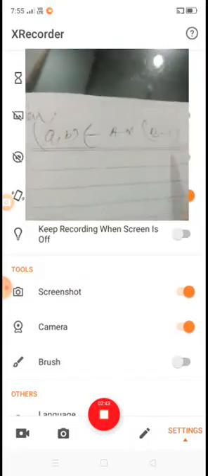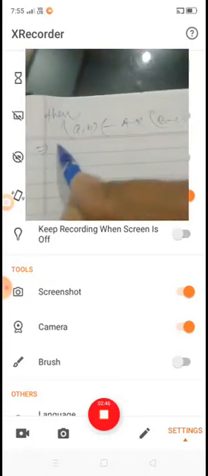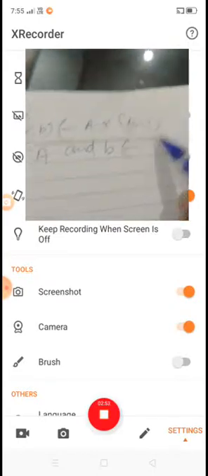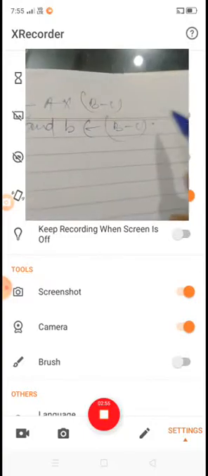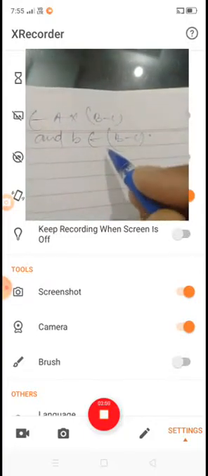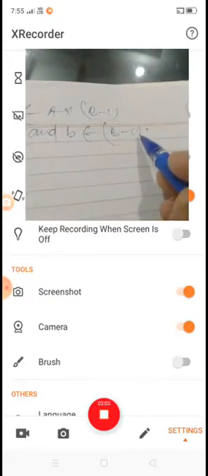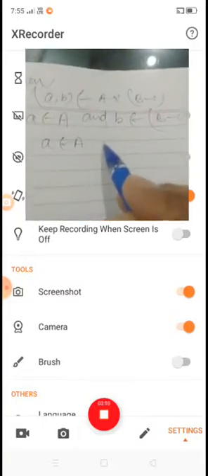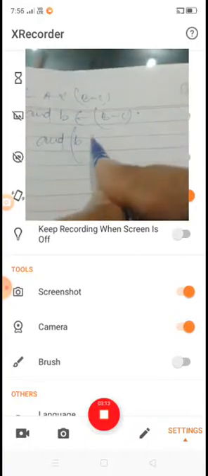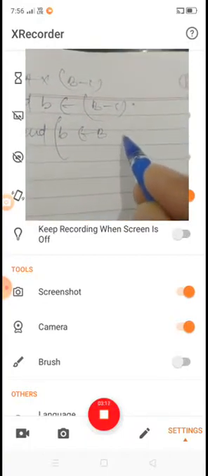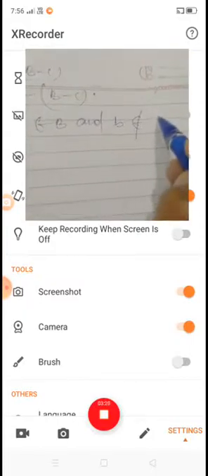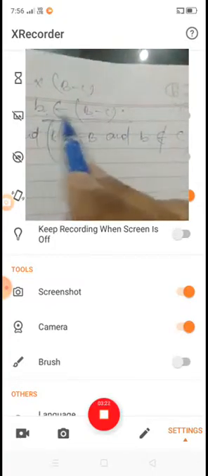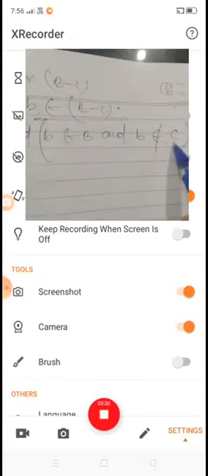Now by the definition of Cartesian product, we have a belongs to A and b belongs to B minus C. b belongs to B minus C means b is in the set of all elements which belong to B but not in C. So this can also be written as a belongs to A and b belongs to B and b does not belong to C.